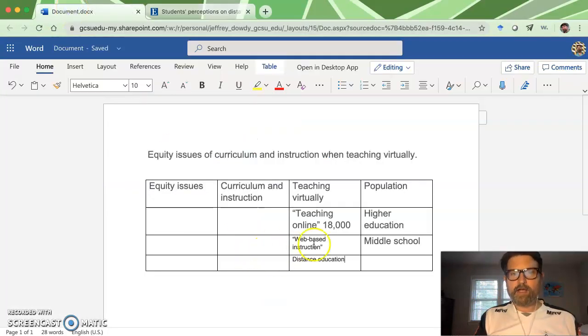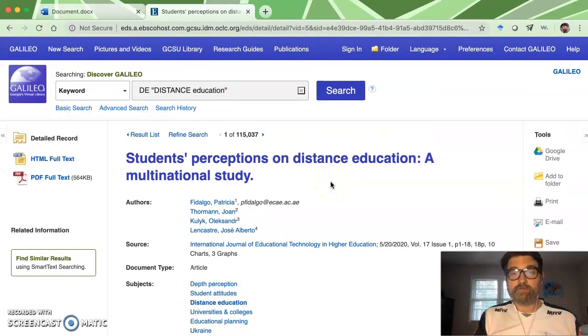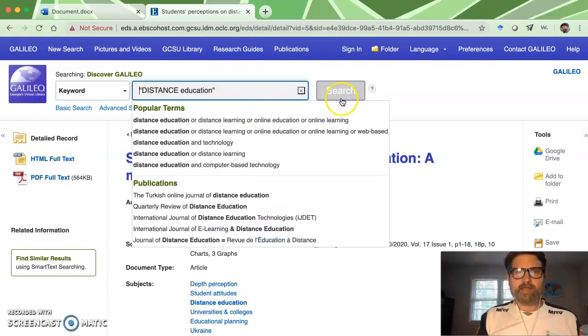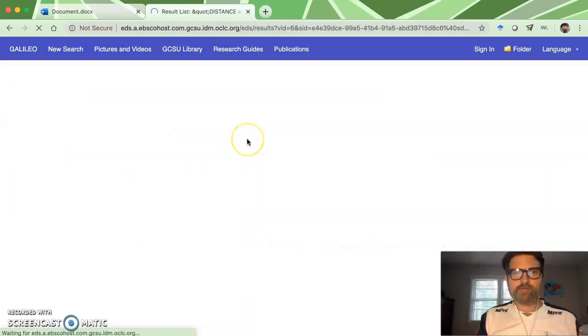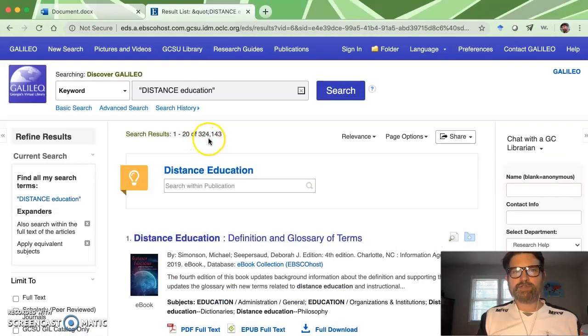I typically will not use subject. It's not always best to go subject term for each of your columns because it can end up being too narrow. So you may want to keep that in mind. If your search all of a sudden yields nothing, or very few results, then you may need to think, maybe I shouldn't be using a subject term here. One way to do that, I can just go up and eliminate that DE and research it. You see I'm at 115,000 for the subject term, and that close to doubles when I go into just the phrase and not the subject term.